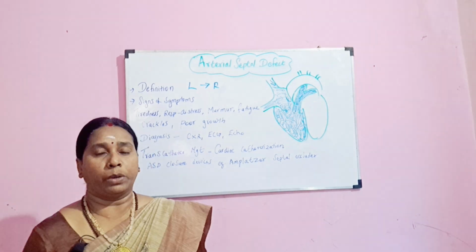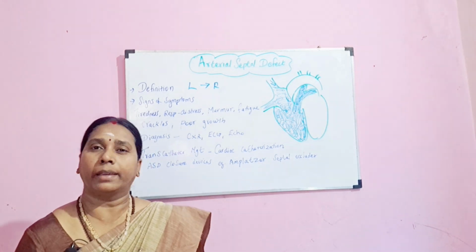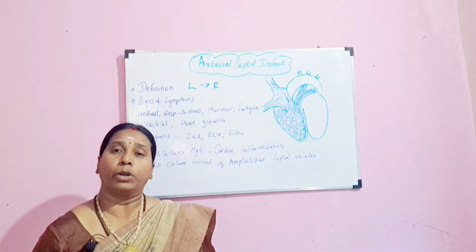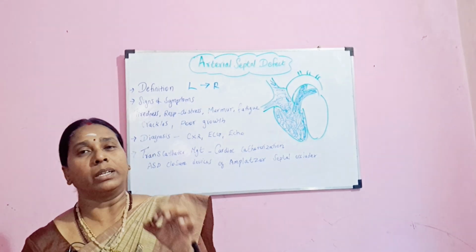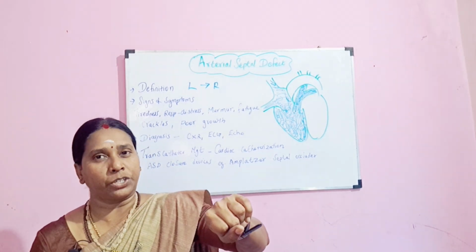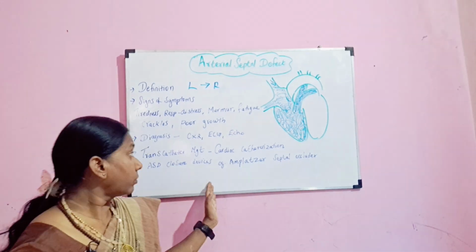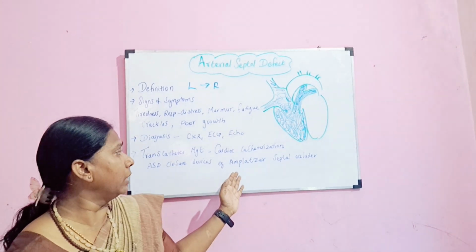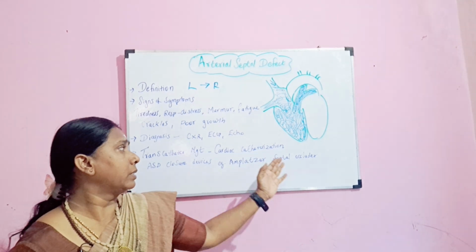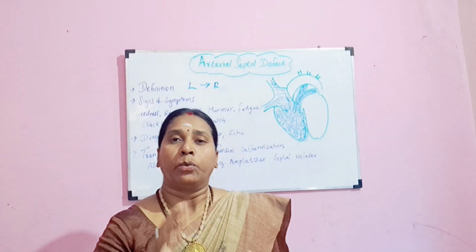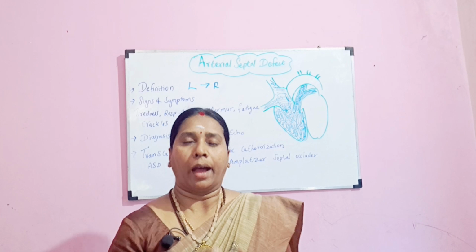So what we are going to do is cardiac catheterization, and you are going to take an occluder device and you are going to occlude that shunt. So you are going to close that shunt. Okay, so one example I have given is your Amplatzer septal occluder. When we are coming to this occluder, how are we going to do it?